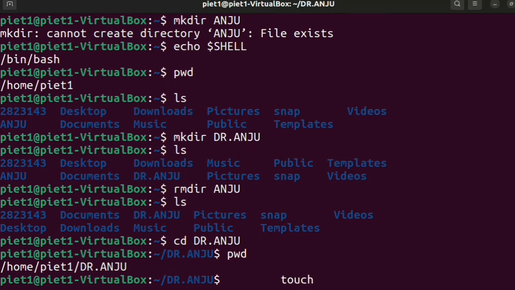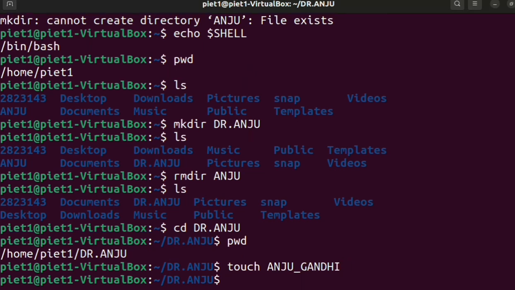So using a touch command, I am just creating a new file. Let's say the name is Anju underscore Gandhi, the name of the file which I am creating, right? A simple plain text file got created using the touch command, touch in small letters only, right? Now what I have to do further,